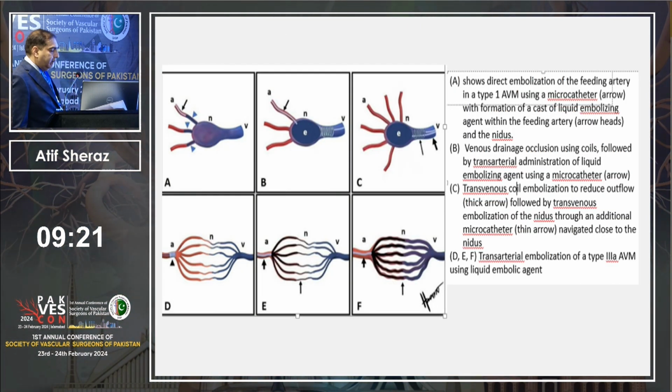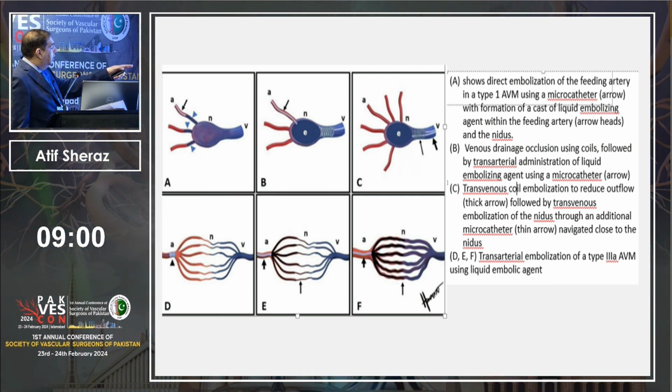So this is just a diagram to show one suggested method of going about it. Ultimately, depending upon the flow and the lesion, everyone makes their own decision what to do. So in a type 1 lesion, we are embolizing the feeding artery. In type 2 lesion, we are also occluding the vein because we have a large vein here and we are